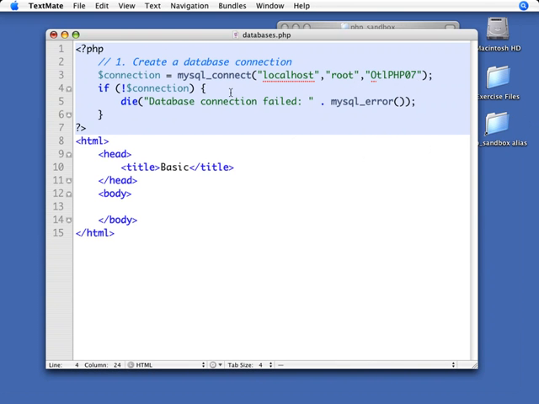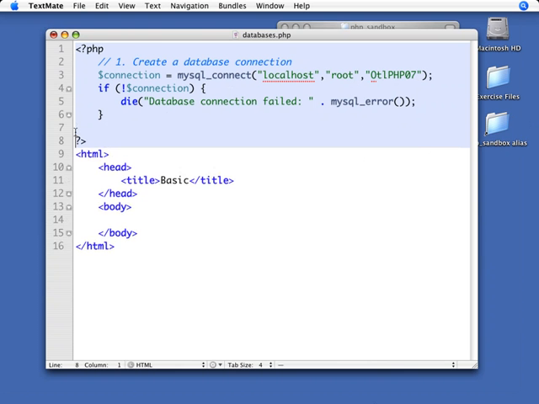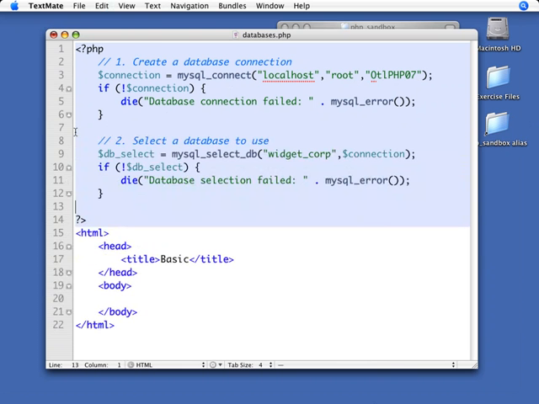But we know that our function is working, and we can go ahead and proceed to step 2, which is to select the database. We've made the connection. Now we need to select it. So I'm going to go ahead and put in my database selection. Now I've gone ahead and put in both halves of the code because we're going to want to do the same thing. We're going to want to do the mysql_select_db command, and we're going to tell it which database we want, Widget Corp,